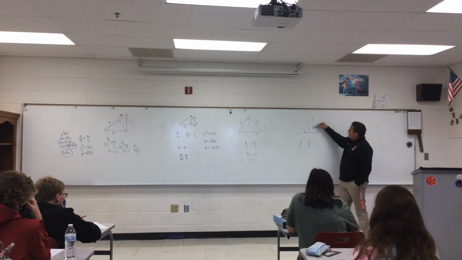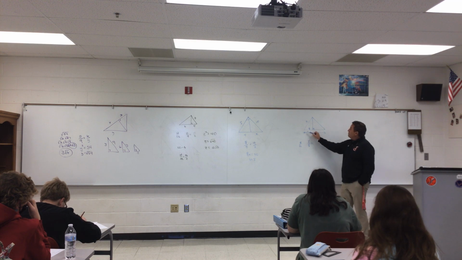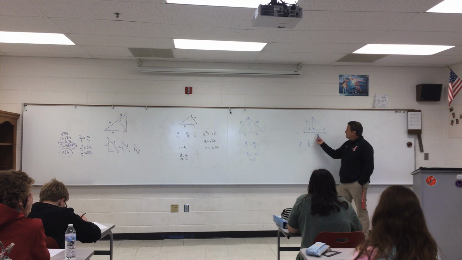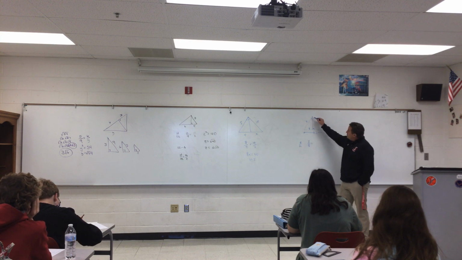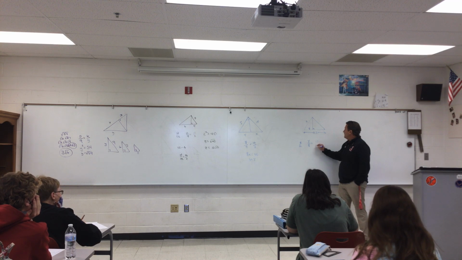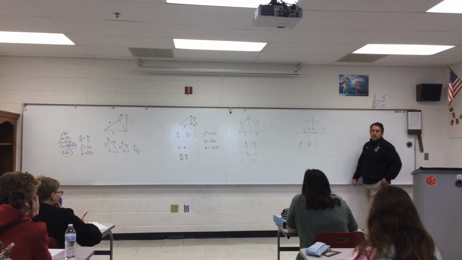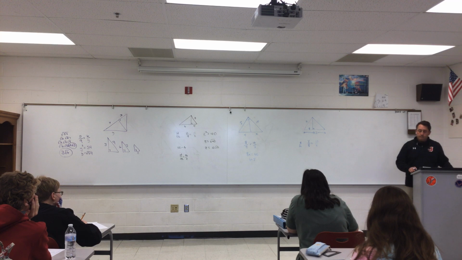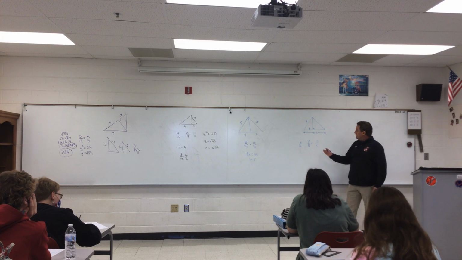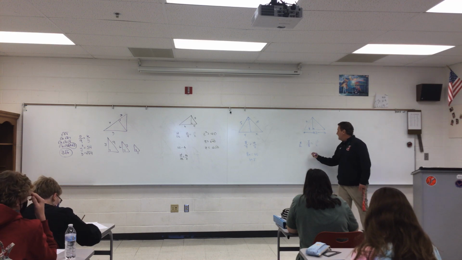Hopefully you can see in this one here, we can't use that one because we don't know 2 sides, do we? But in the big one, do we know hypotenuse and short leg? Hypotenuse is 32. Short leg is x. So I put hypotenuse over short leg. Okay, so now that I got it set up like that, I can cross multiply x times x,